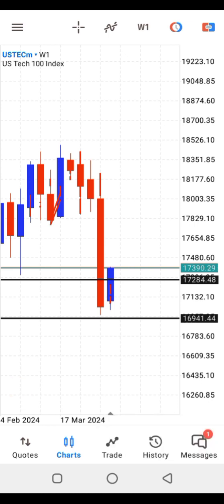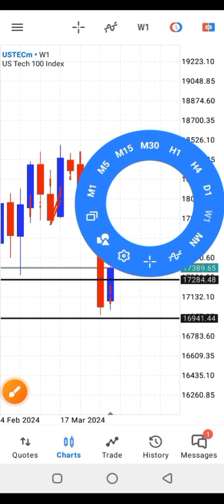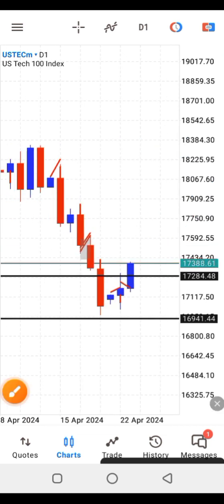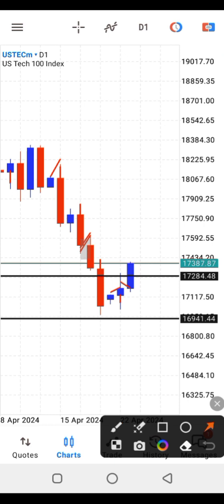let me go down to a lower time frame. This weekly time frame, let me go to the daily time frame, D1. Okay, now I'm just trying to give you an idea of how I do some of my analysis. Look at this candle right here. This is Tuesday's candle. Okay, this is the small trading that took place on Sunday. That small blue candle. Then the second blue candle is Monday's candle. Okay, now